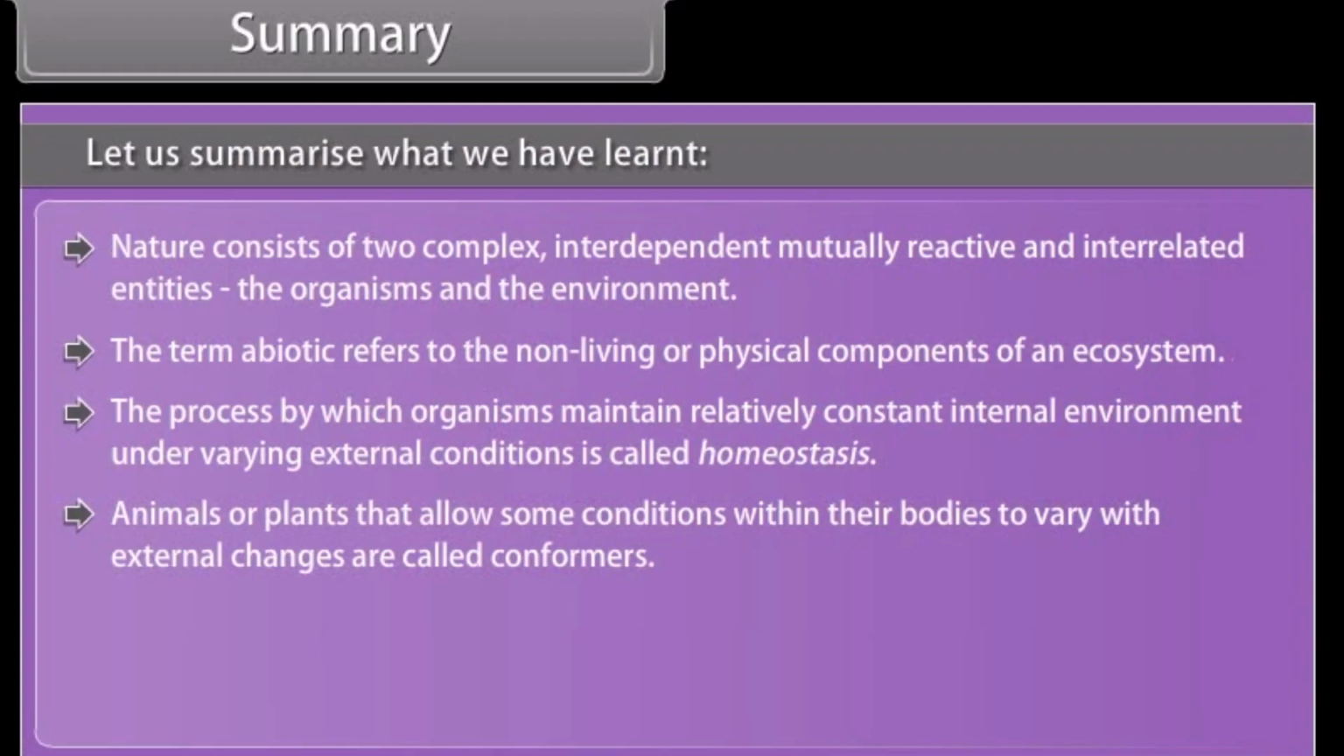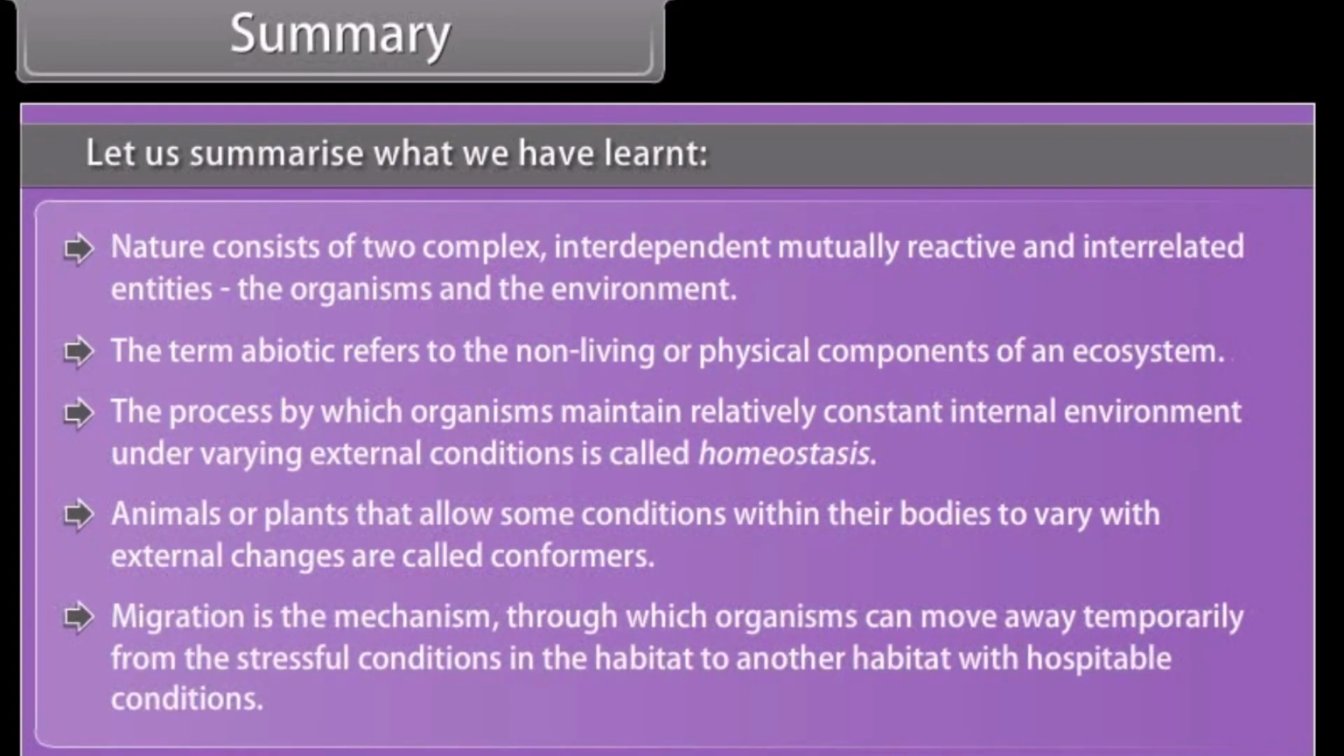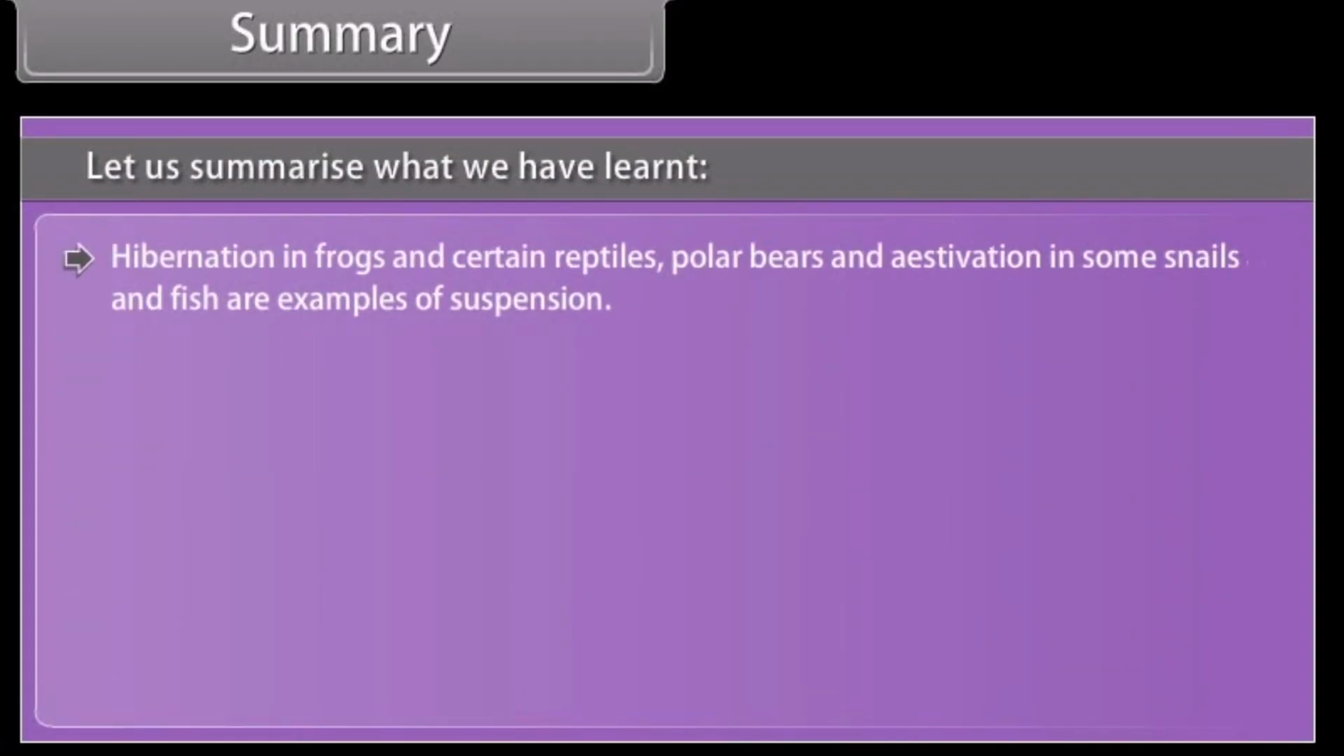Animals or plants that allow some conditions within their bodies to vary with external changes are called conformers. Migration is the mechanism through which organisms can move away temporarily from the stressful conditions in the habitat to another habitat with hospitable conditions. Hibernation in frogs and certain reptiles, polar bears, and estivation in some snails and fish